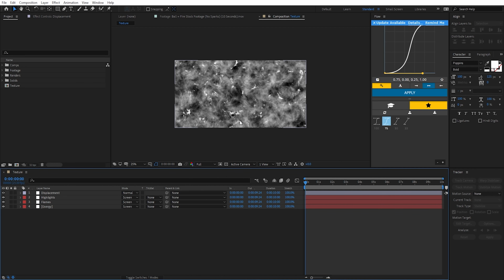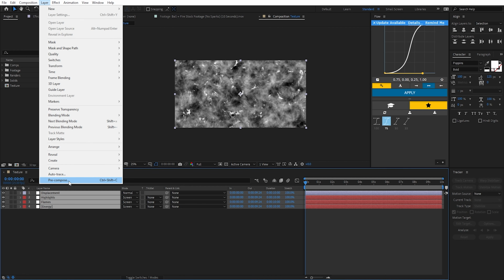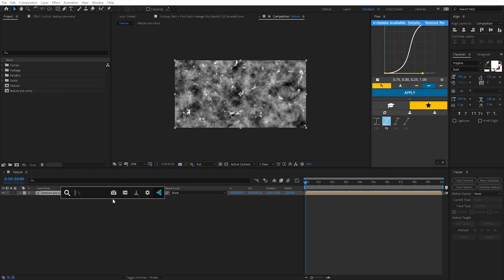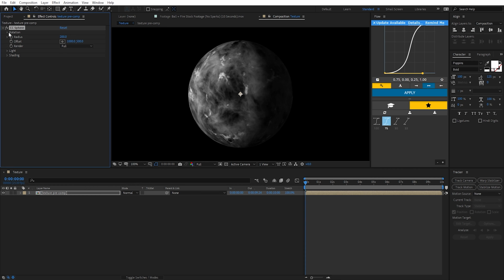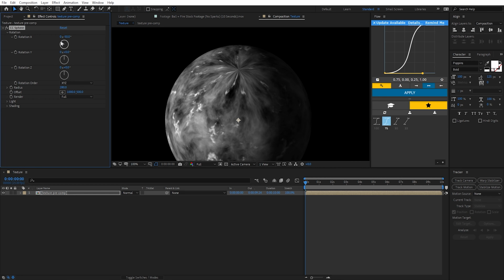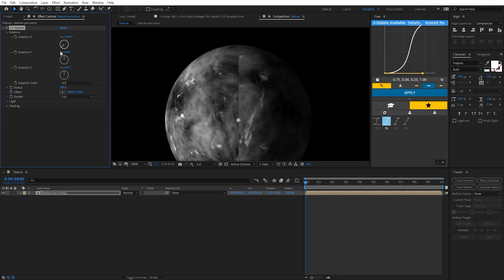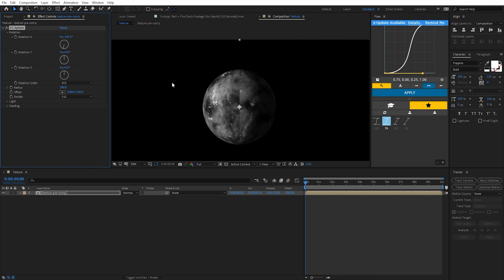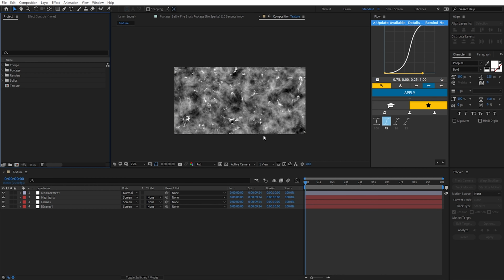Now, if we were to turn this texture into a sphere, so say we select all of them, go over to Layer, Pre-Compose, or use the Ctrl-Shift-C shortcut, and then we'll type in Texture Pre-Comp, hit OK, and then add the CC Sphere effect to it, go over to the rotation, maybe scale it up a bit. Once we rotate the X, there are these polar issues at the top and bottom of the sphere, and there's also a seam all the way at the back of the sphere, and this is because the texture is not properly unwrapped. So let's Ctrl Z to go back, and let's take a look at how we can properly unwrap our